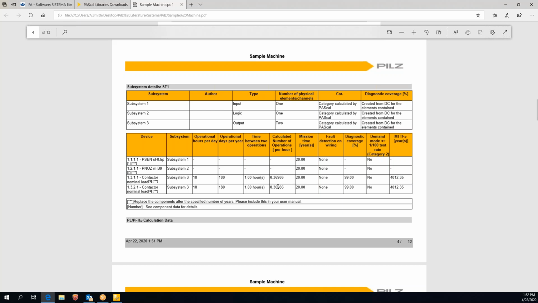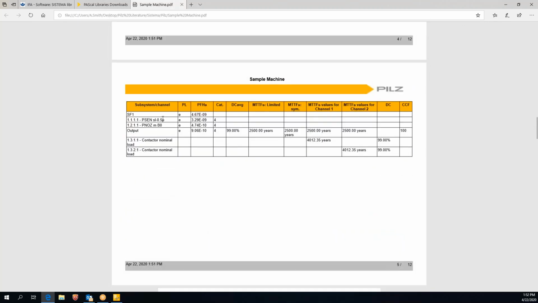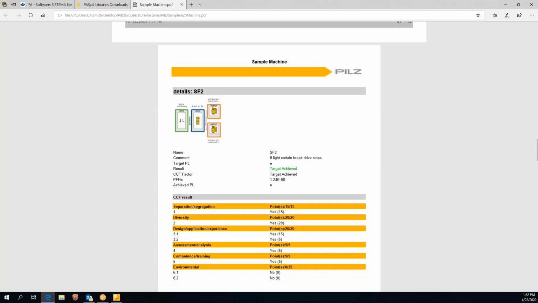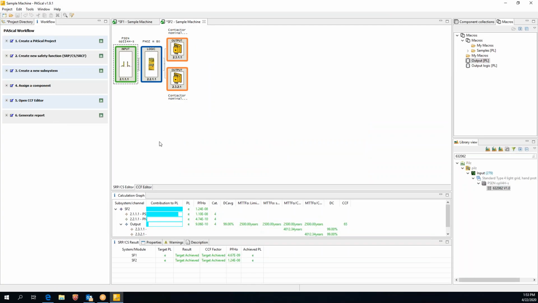It's a very valuable piece of information for you to be able to see because it's very structured and you're able to see inputs, logic, your output. So this was safety function 1. Again, like I mentioned, it's going to tell you all the components that you've used. And then it's going to go through the same thing for safety function 2. So if I had a machine with 10 different safety functions on there, I would have all of this information provided as a PDF document that you could print out and hand to your customer, or do whatever you need to with it. And it's provided as part of the PAScal package. So as an overview to the PAScal software, that brings that point to an end.